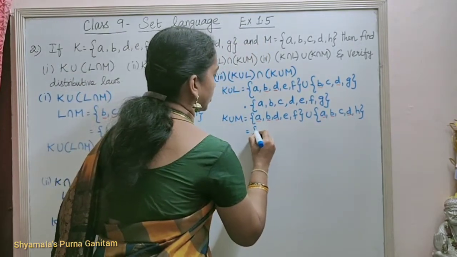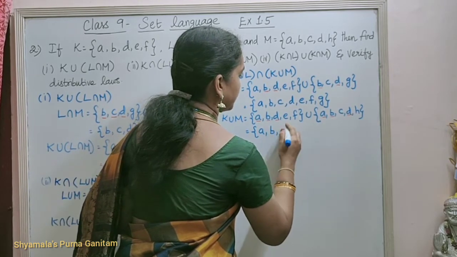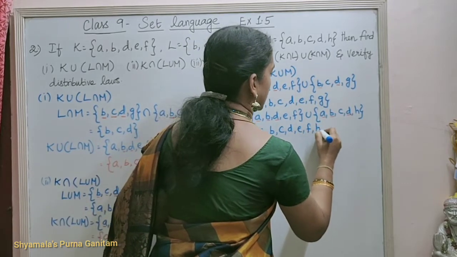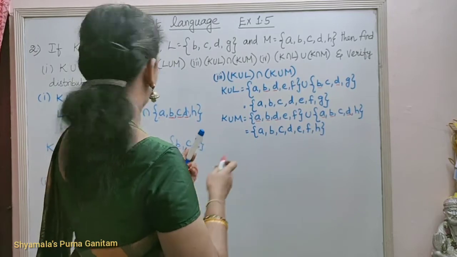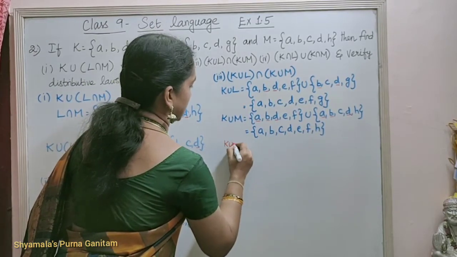We will repeat that only one time. So A, B, C, D, E, F, H. So this is K union M. Okay. So now we will find K union L